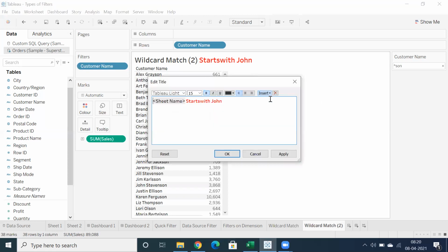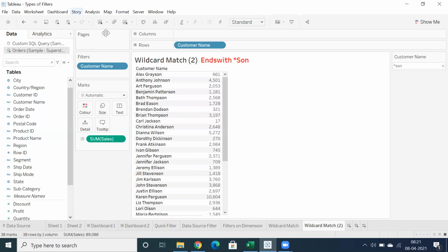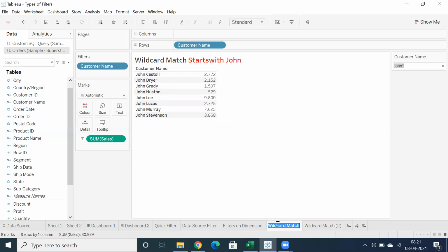This is ends with. Clear? So this is wildcard match.